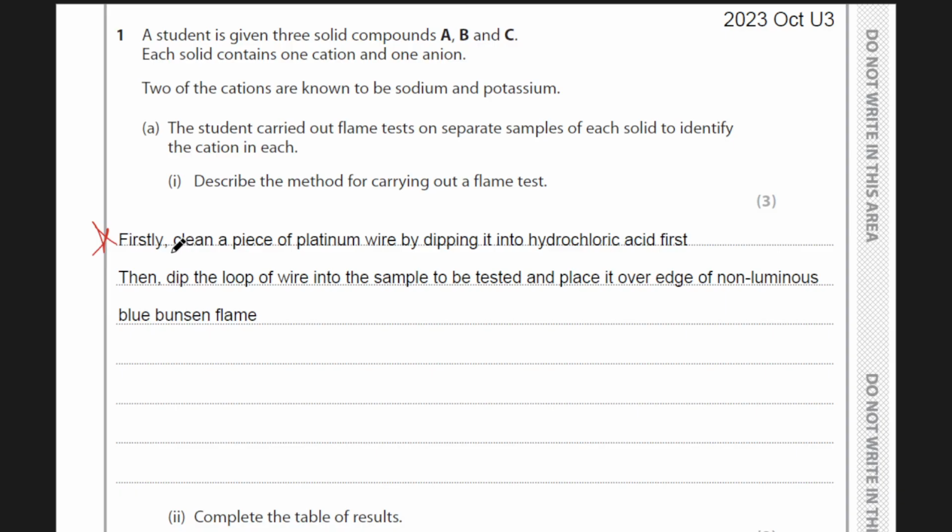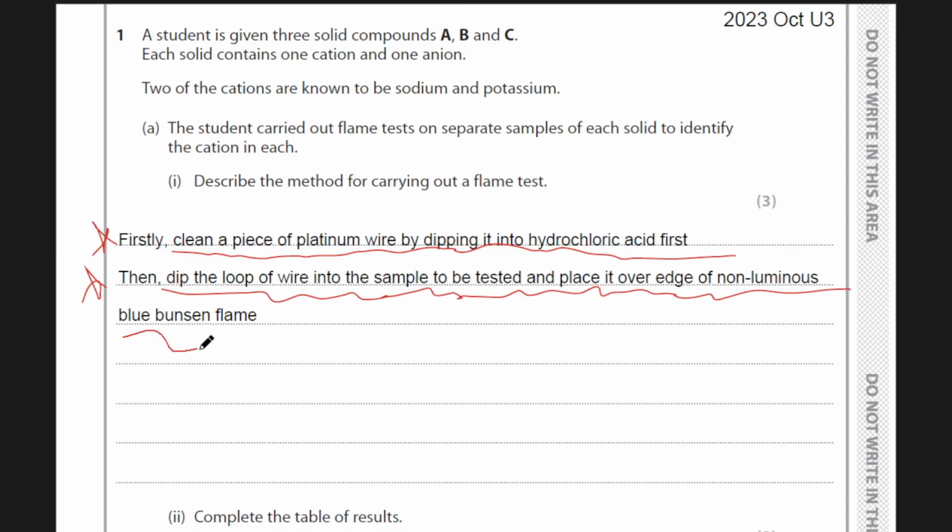First of all, we need to clean a piece of platinum wire by dipping it into hydrochloric acid. Then we dip the loop of wire into the sample to be tested and place it over a non-luminous blue Bunsen flame. This is the usual flame test. The platinum wire has to be dipped in hydrochloric acid first to ensure that if there are any carbonate ions present,